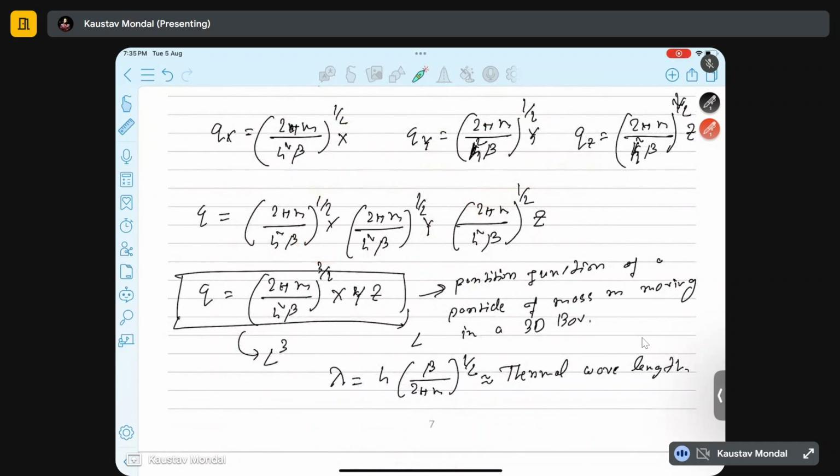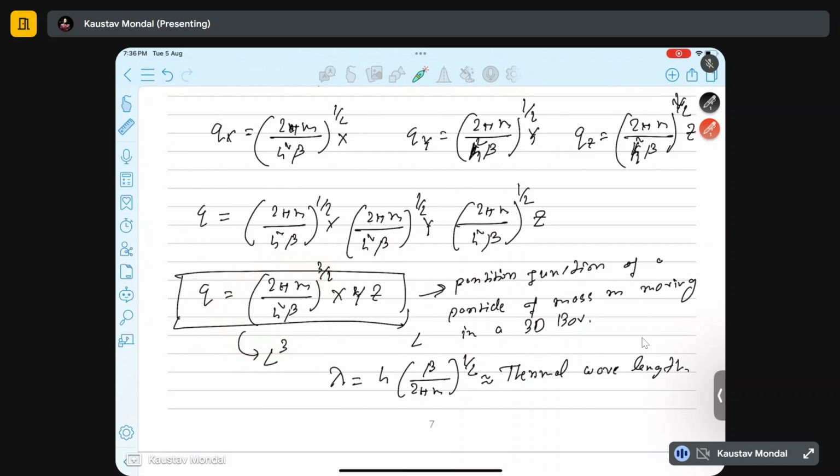After doing all the multiplication, we get this as our final result, where 2 pi m over h squared beta has a power of 3 by 2 in the 3D case, multiplied by xyz. We are calling this factor, 2 pi m over h squared beta to the power 3 by 2,